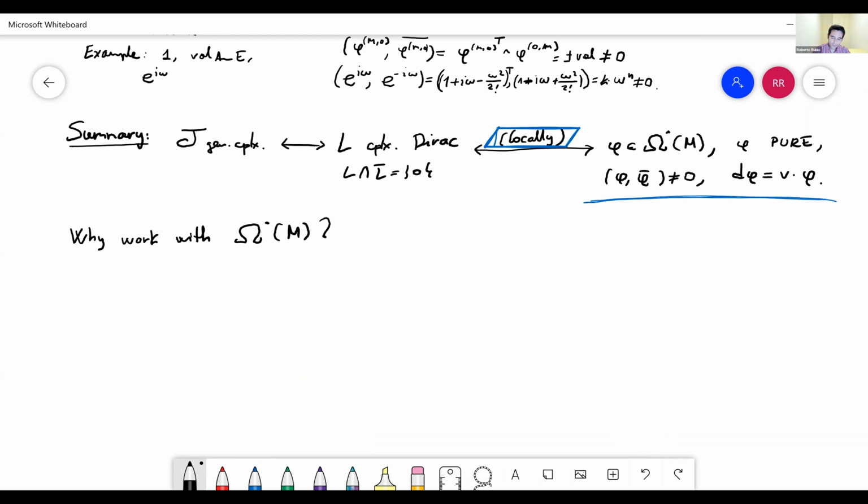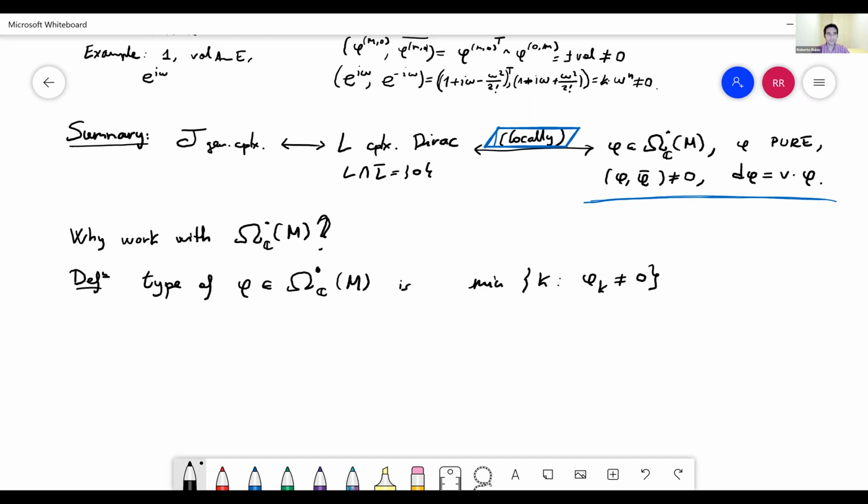Why work with this? Because with this we can very easily detect an invariant, which is the type. The type of a form can be locally defined. It is simpler to say than to write: from all the components, you take the minimum that is not zero. So this is the type. It is a function, because this may change